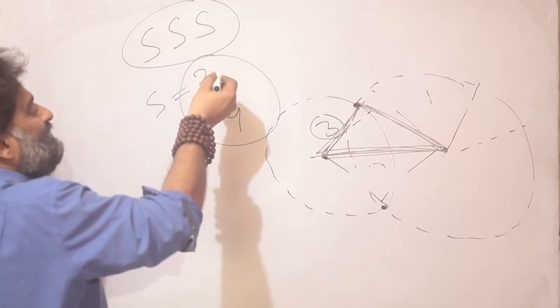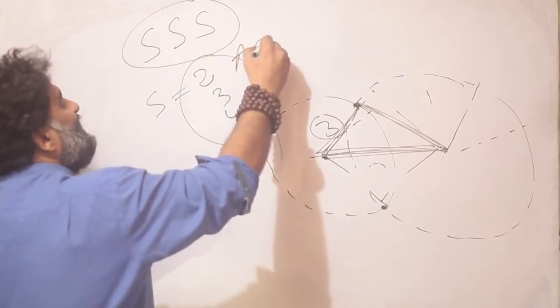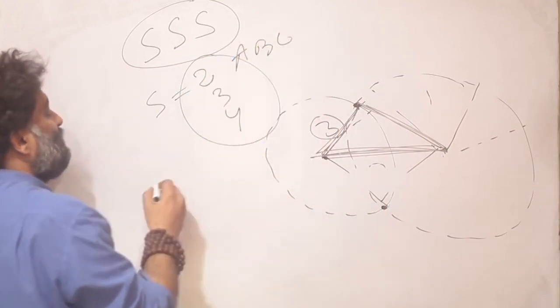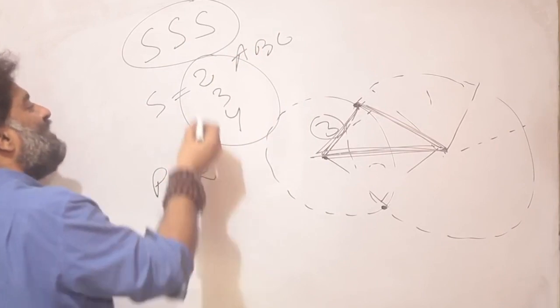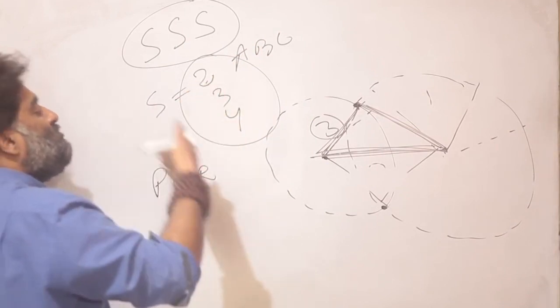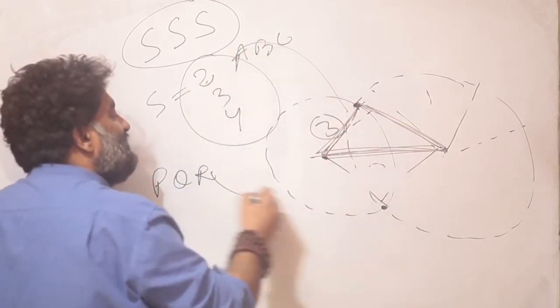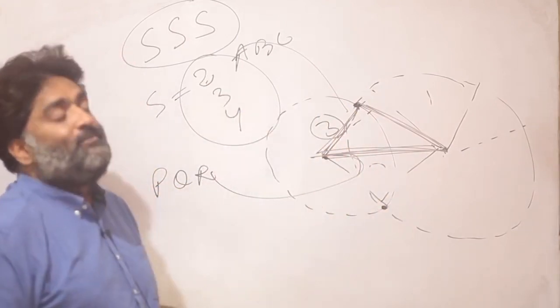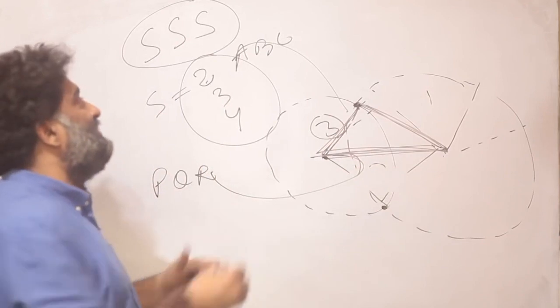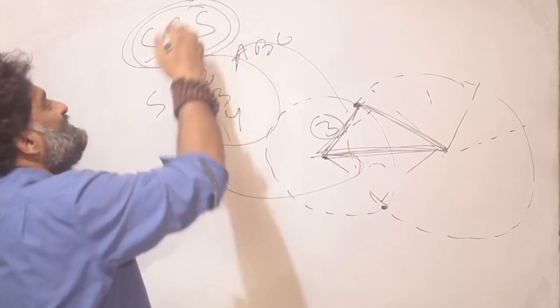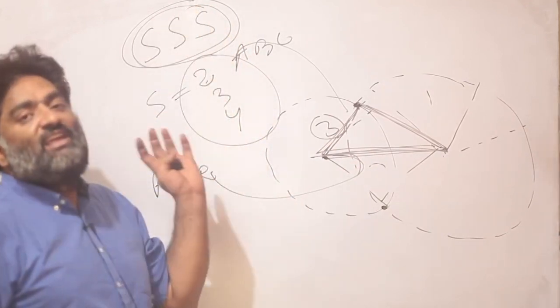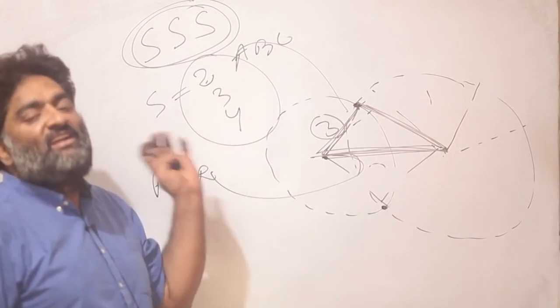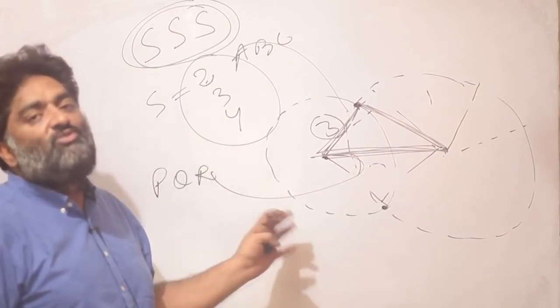So if it was given to me that there is a triangle ABC with sides 2, 3, 4 and another triangle PQR with sides 2, 3, 4, I know both the triangles are referring to this triangle only, because I can only create one triangle. And once I see that happening, I know this information is enough to say that the triangles are equal to each other, or identical to each other, or congruent to each other.